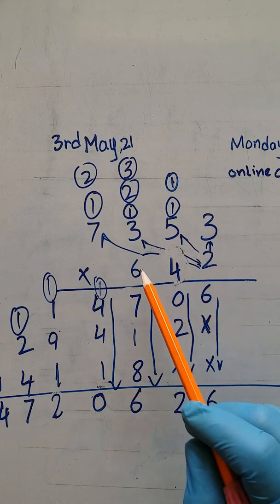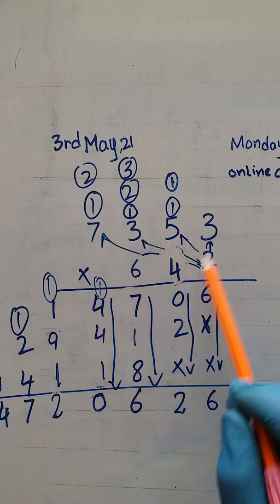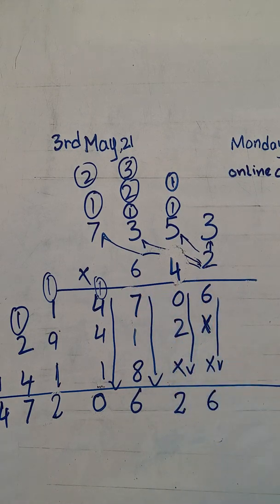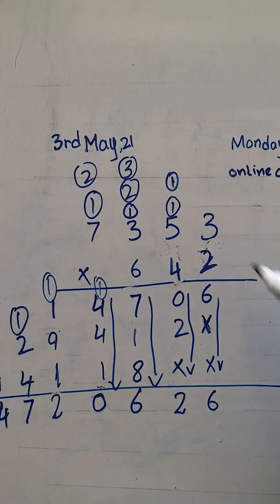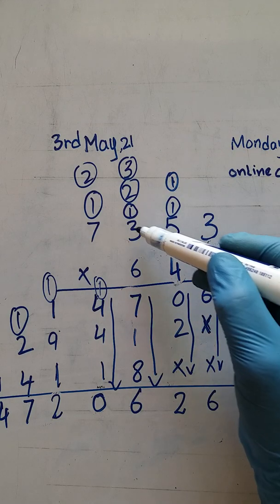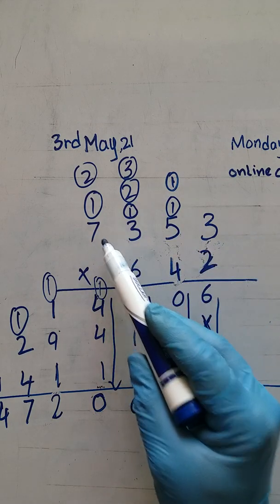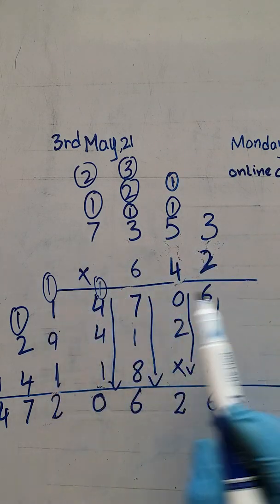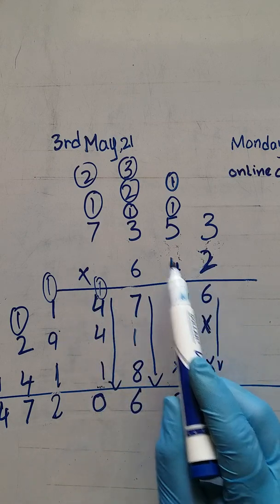7,353. We will multiply 7,353 with the 642. Okay? Now it's clear for you. We will multiply, first we start multiplying with the 2. We multiply 2 with all the digit. 2 with the 3, 6, 2 5s are 10, 2 3s are 6, 1 7, 2 7s are 14, 2 7s are 14. Now it's turn to multiply 4 with all the digit.